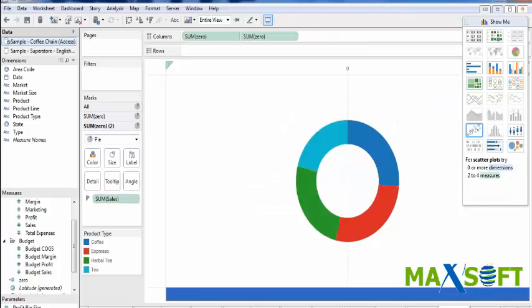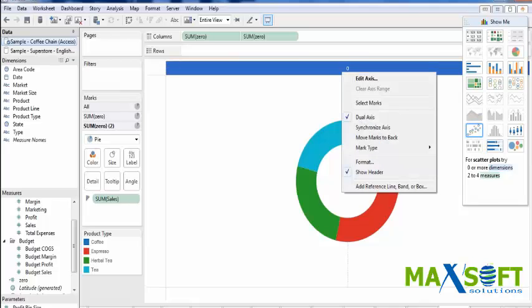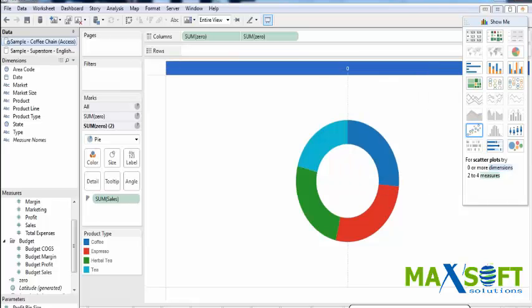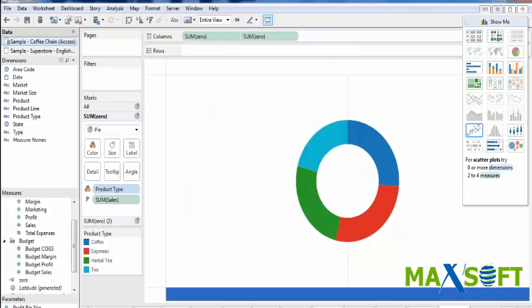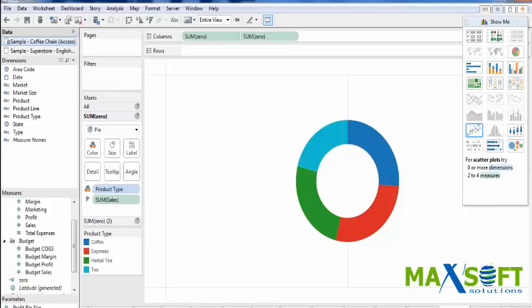Here it is showing the value 0. I even want to remove that. Edit axis, go to tick marks, select none, and click OK. Now my values are gone, and I don't want to have even this line. So for that, I will go format, lines,